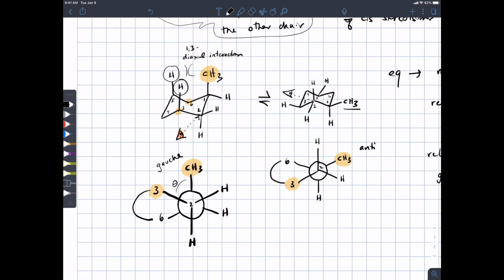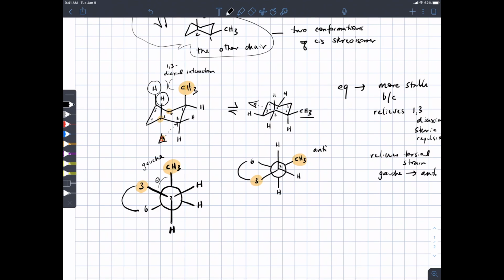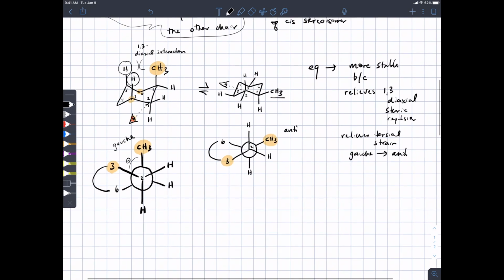Okay, so a couple of reasons why having axial substituents is less stable than equatorial substituents. Now, it turns out that you can measure, in solution, the difference in free energy between these two molecules. Remember, when we say more stable, we mean something has lower free energy. So you would expect, in going from the axial conformation to the equatorial conformation for that methyl group, that you would be going downhill in free energy. And in fact, yes, the free energy of that process is about